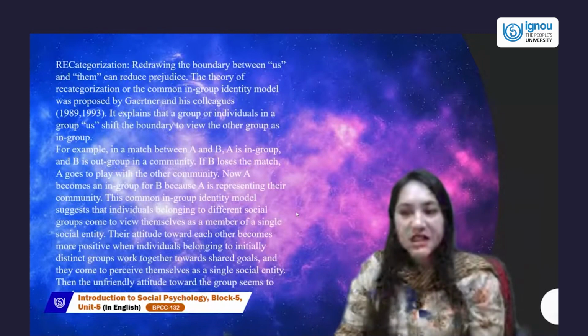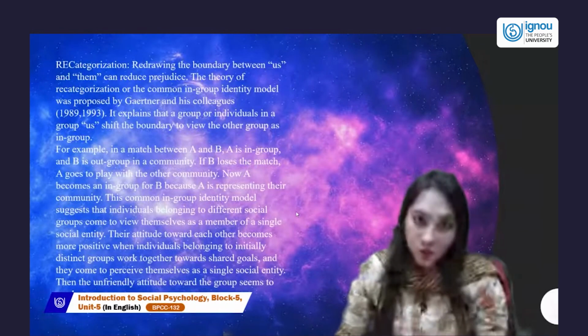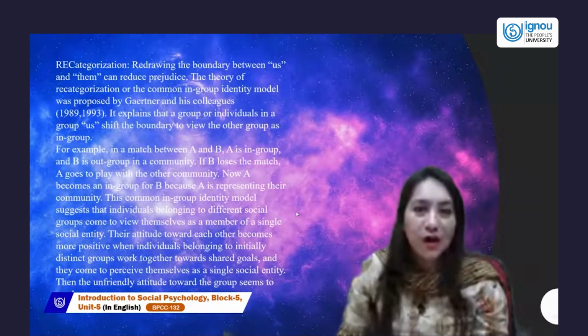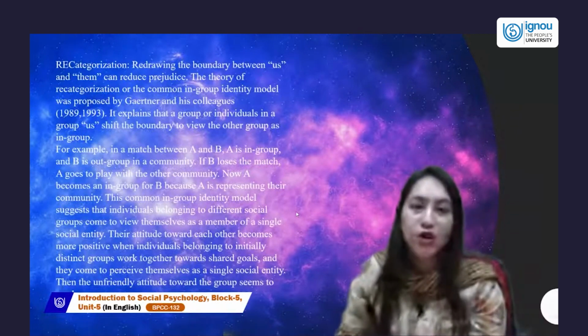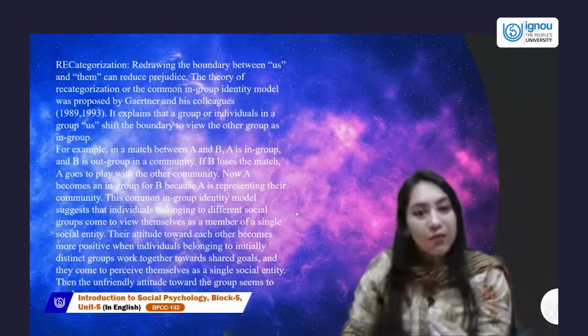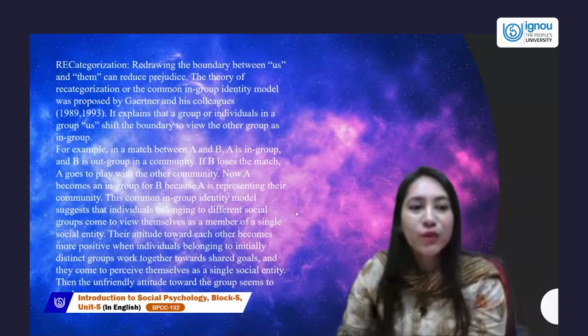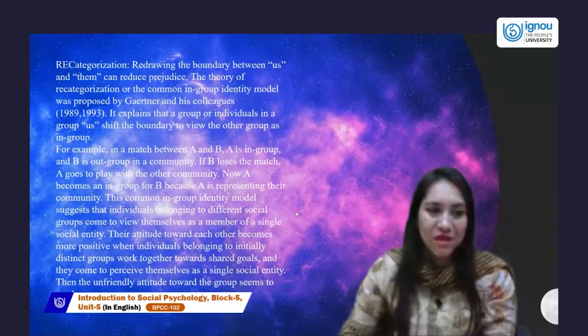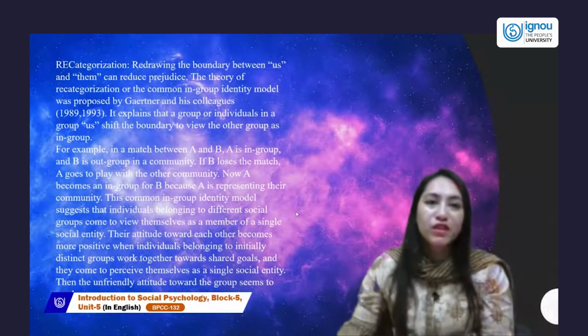So let's take an example. An in-group was initially not talking to any of the out-groups, but now they're becoming more flexible. They feel we will talk to the out-groups when we want to gain knowledge about their community. But we are opening ways. Any kind of way opening and shifting boundaries can recategorize your us and them. There's a beautiful example given.